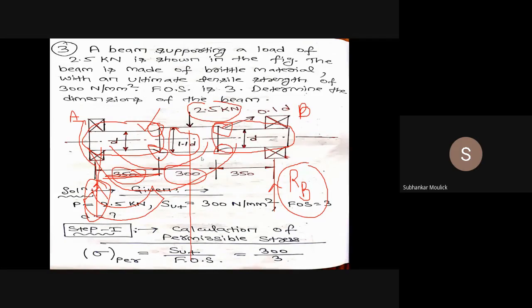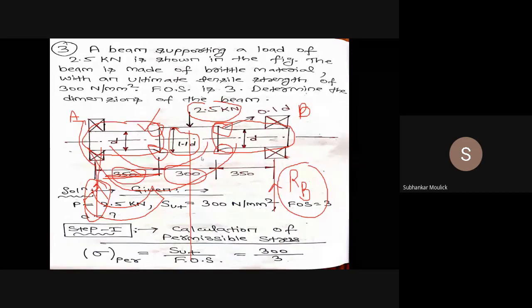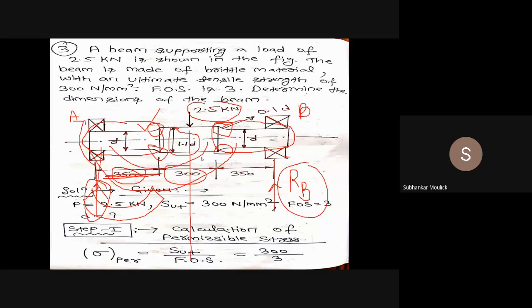For both the cases, I have to find out the values of KT. Then I will use KT equal to sigma max by sigma nominal. I will find out the value of sigma max. The portion for which sigma max is maximum, that portion we will take and equate with the allowable stress of the beam, and we will get the value of the diameter of the beam D. Is it clear? Did the process make sense? Hello. Yes, sir. It is clear, sir.